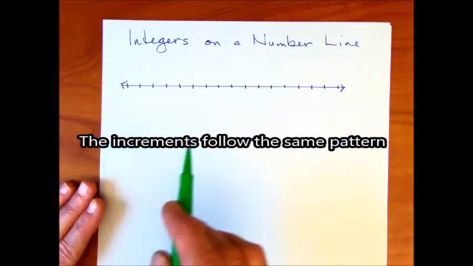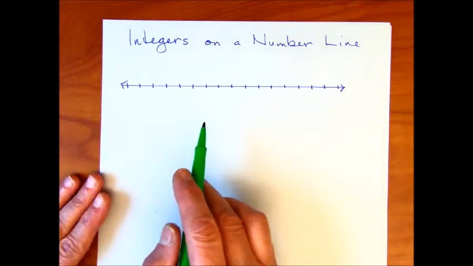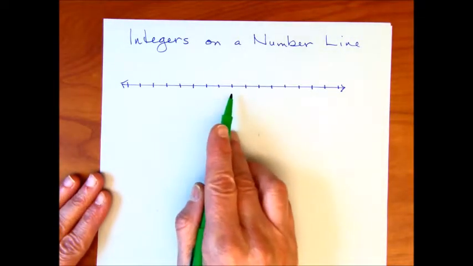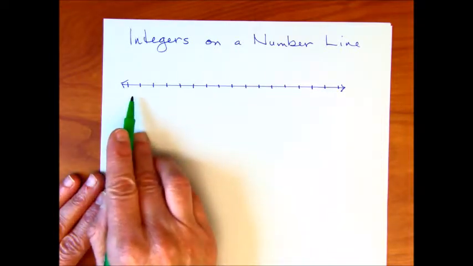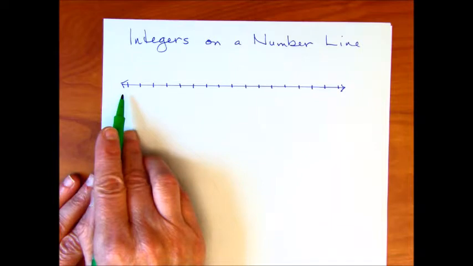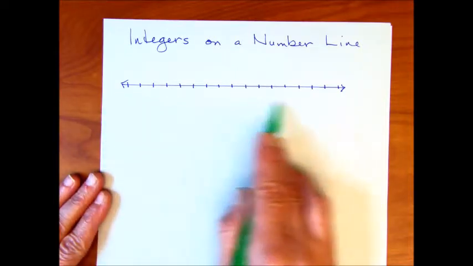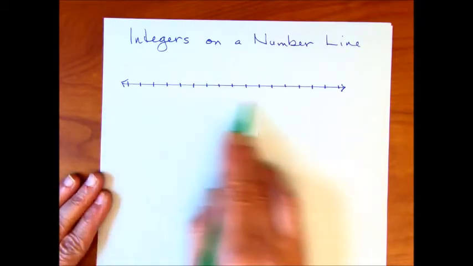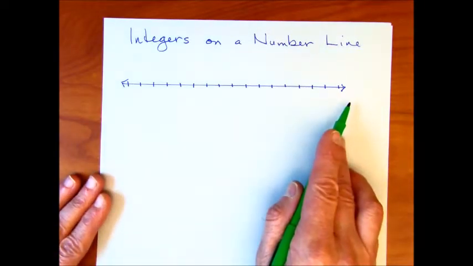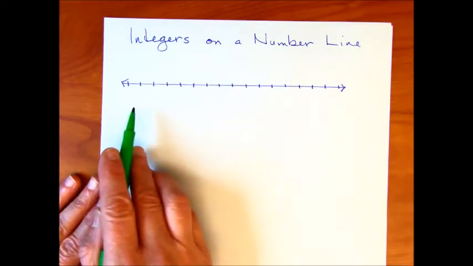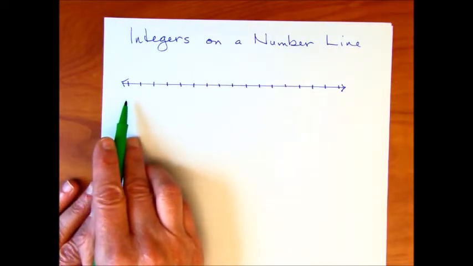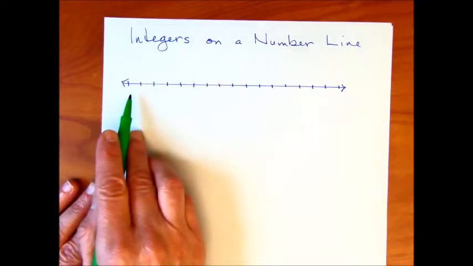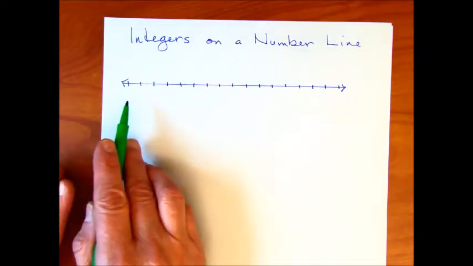Okay, so the other thing that I wanted to mention is that the 0 does not have to be in the middle. Like we don't have to put the 0 here. Or the other thing is we could just have a number line that is all negative numbers or all positive numbers, and that would be fine too. The main thing is that you want to represent a range of numbers. You don't want to just have a number line with one tick mark on it representing the number that you intend to